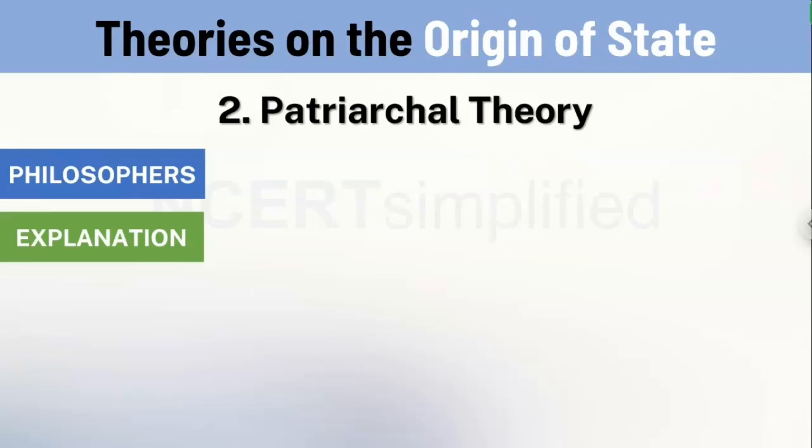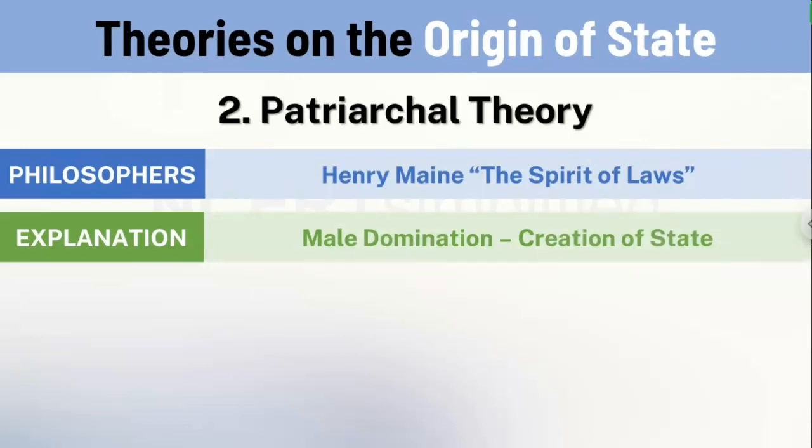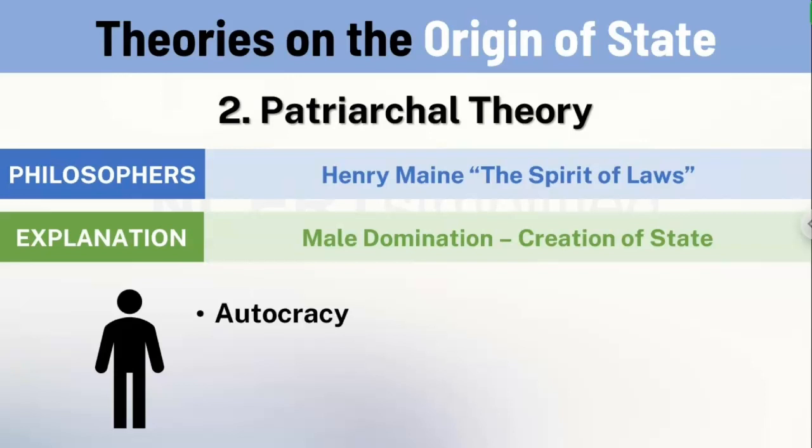Now let's learn about the patriarchal theory. The philosopher who propounded this theory was Henry Maine, as mentioned in his book, The Spirit of Laws. The one-liner explanation for this theory is that male domination led to the creation of a state. The patriarchal theory was similar and based on the theory of kinship. However, it stressed that the eldest male descendant had autocracy and authority over the family, as it was a male-dominated